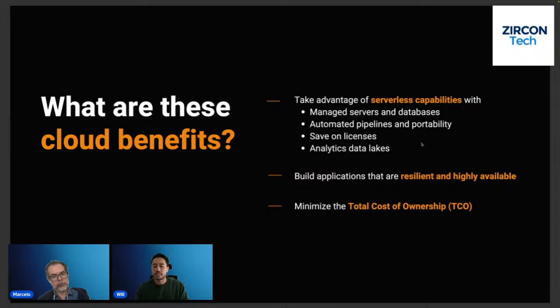Another big benefit is around building applications that are resilient and highly available. And that means taking full benefits from the cloud's different regions, right? So we can create fault-tolerant solutions that even in case of failure, will be getting the best for our users. We can also take our apps close to the users geographically, so that is also another big benefit. So what we get after doing all of this is to minimize what's called the total cost of ownership,